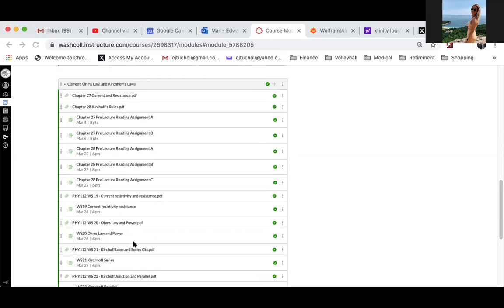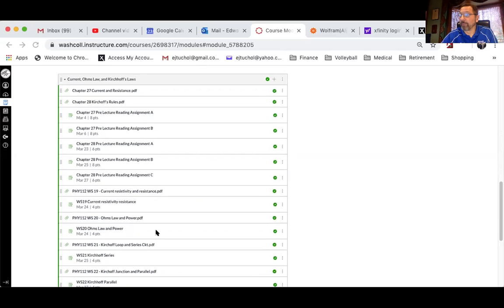If you scroll up to current and Ohm's law, or actually down, you can see all the material. I usually put my PowerPoints, my notes right up at the top. Indented one level, if you're looking for a pattern here, is the assignments, and those are the pre-lecture assignments. And so today was A, and so most people did this one that I'm hopefully pointing at, and hopefully you can see as I'm sharing the screen with you. Okay, I'll put this away right here.